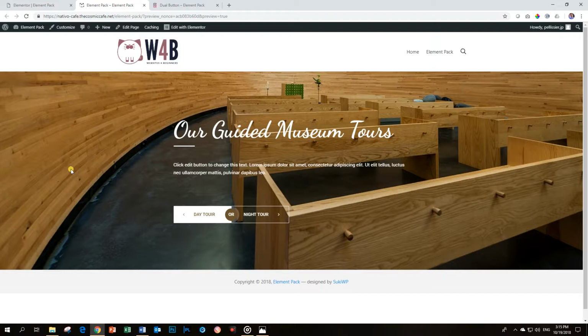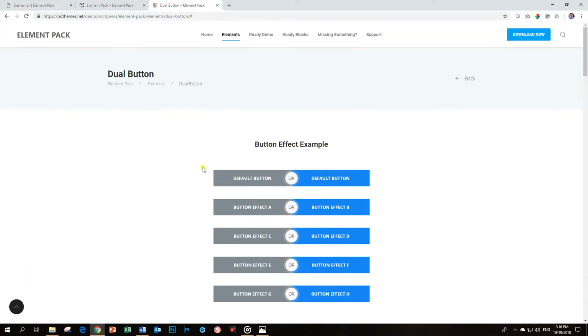Oh, very nice. This looks really professional. Somebody should pay me for doing these things. This is really engaging. It looks good and it looks different. Let's have a look at all the various things that you can achieve with this dual button by BD Themes and the Element Pack. You know, from the top,